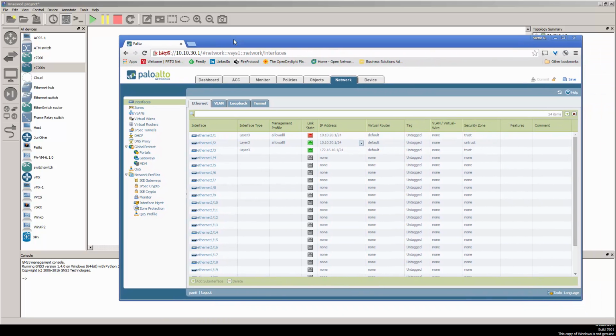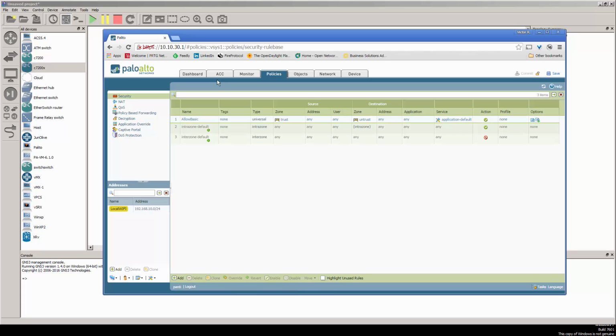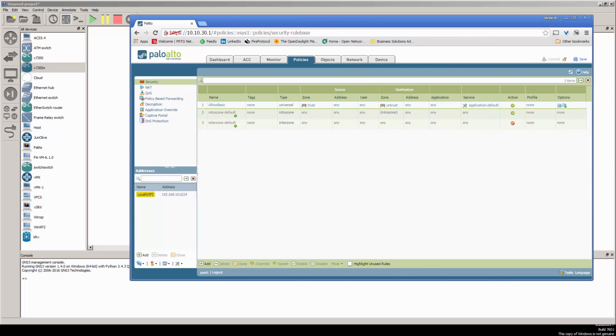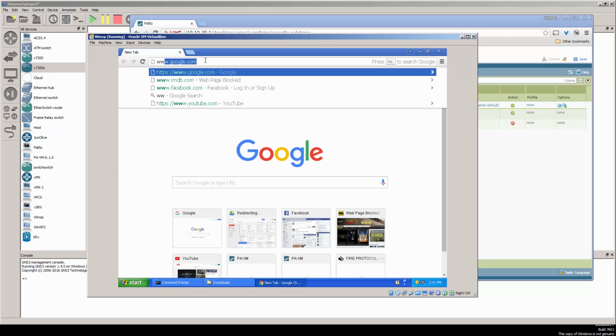So all right, let's take a look at the policies. As you can see, I have a security policy called allow basic, and basically it's allowing everything going from the trust zone to the untrust. So if I try going to Facebook,